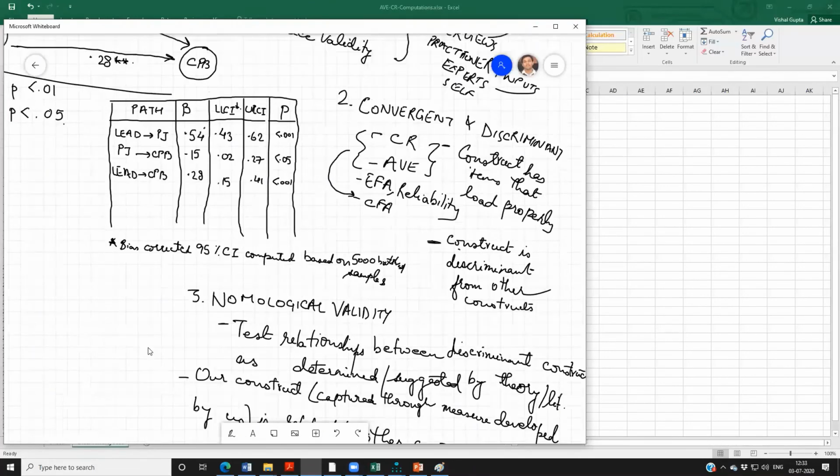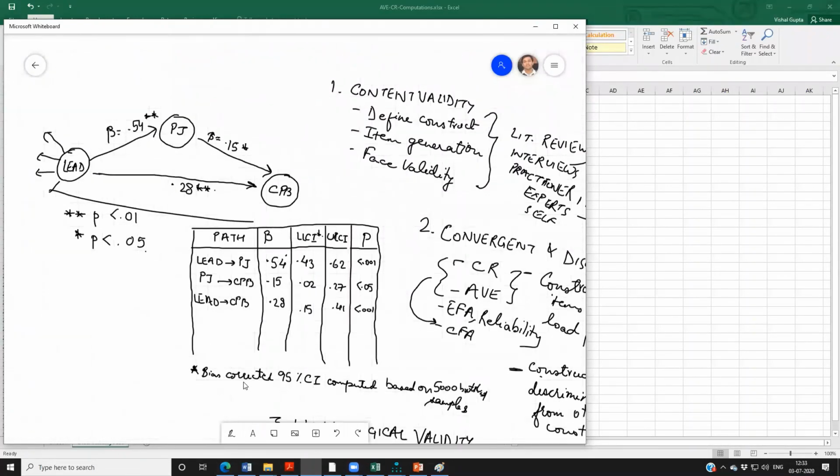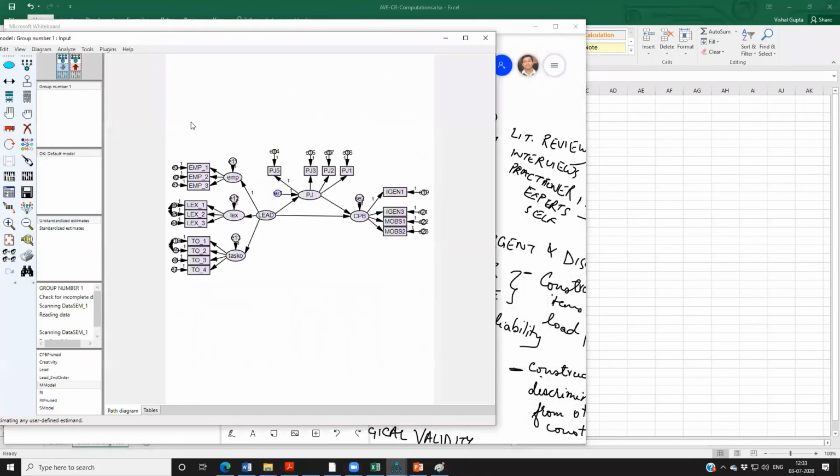Right? So we have done all of this in order to show that the scale that we are developing